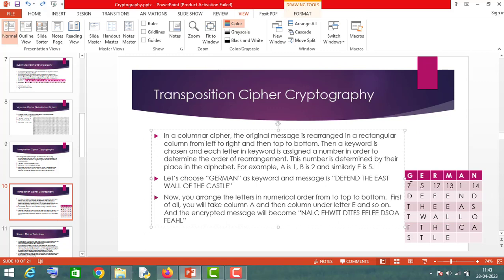First of all, you will have to choose a key. Suppose my key is German, and my secret message is defend the east wall of the castle. How will I encrypt it using this columnar cipher? I will arrange the message from left to right and top to bottom. So I will write defend the east wall of the castle. This is how I arrange the message from left to right and top to bottom, and then I will